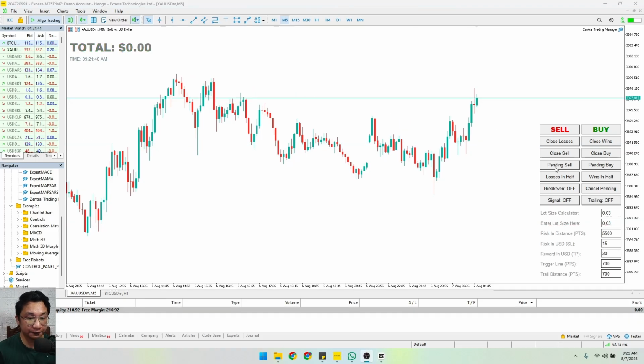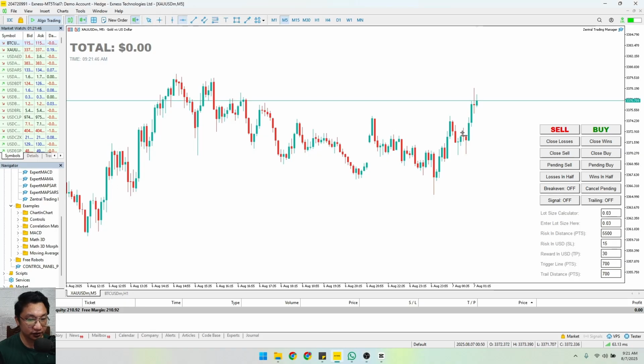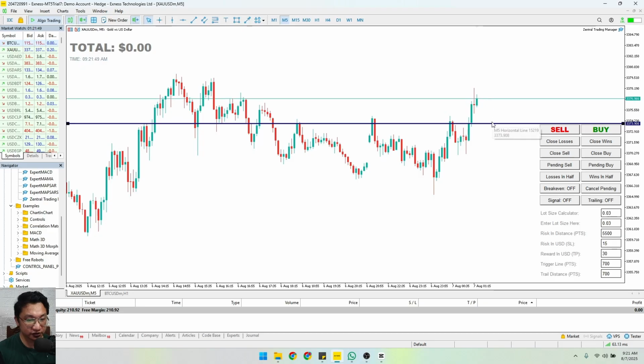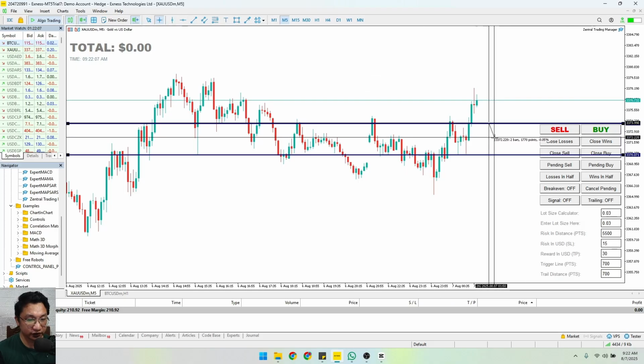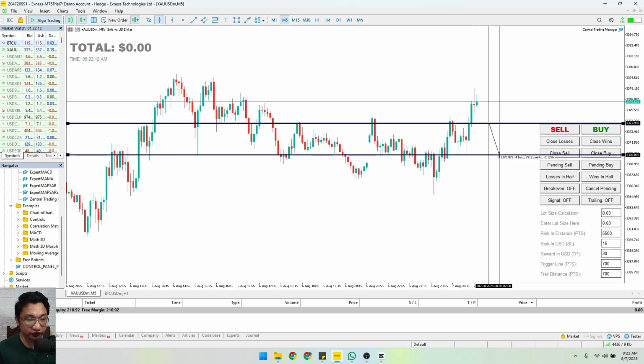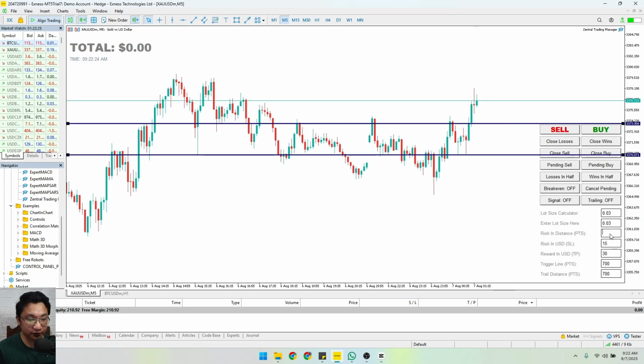But how about for pending? Let's say we want to buy gold at around this level. So let's say if the price would go back to around this level, you are going to buy gold. So same process. Since you already have an area where you want to buy gold, you should always have an area where you would like your stop loss to get triggered as well. So let's say if the price would continue to go down to around this area, that's around 3,912 points. All you have to do is just to copy that one, 3,900. And if we are going to check it, it says here